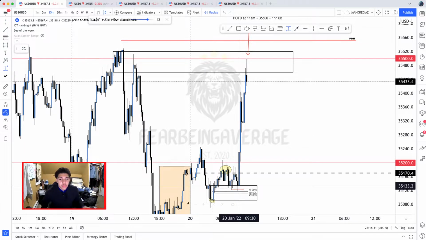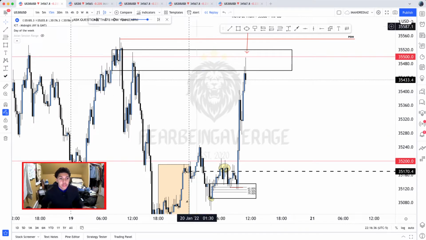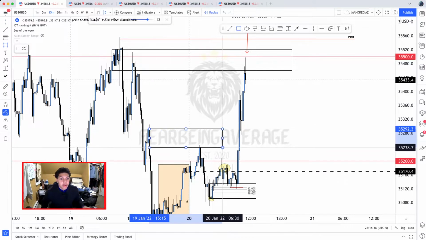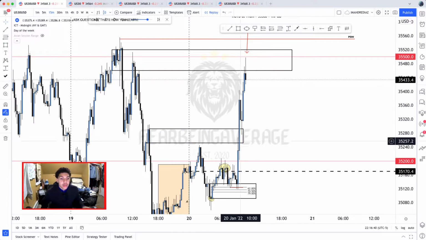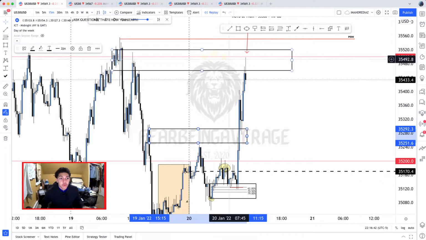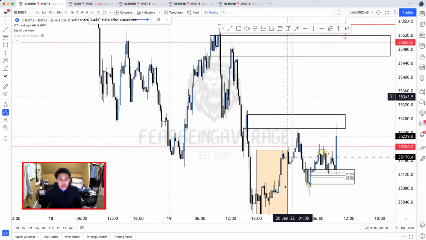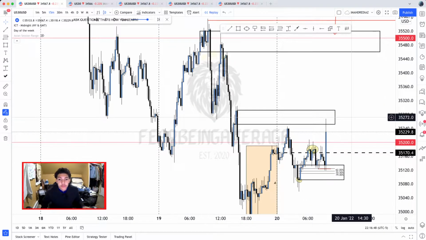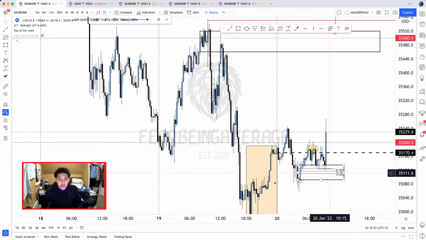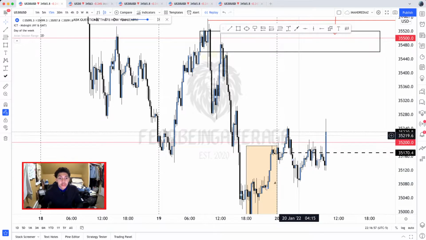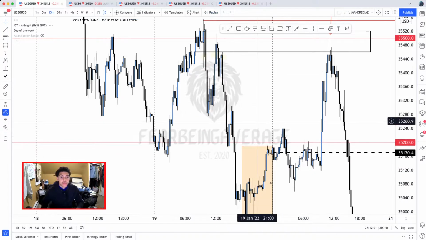I wasn't anticipating it to move this much, so I got out around this high, because I was anticipating that we had this order block right here, and I didn't know if we were going to possibly reject it. As you see, we were rejecting it before price ended up continue pushing, so that's why I got out there. And we also had the 35,250 quarter point, so that's why I got out there. But that was just a little bit of an explanation on the trade I took. But overall, that's not why we're here. We're here to show you guys the daily range. So now let me get back to the regular scheduled program.